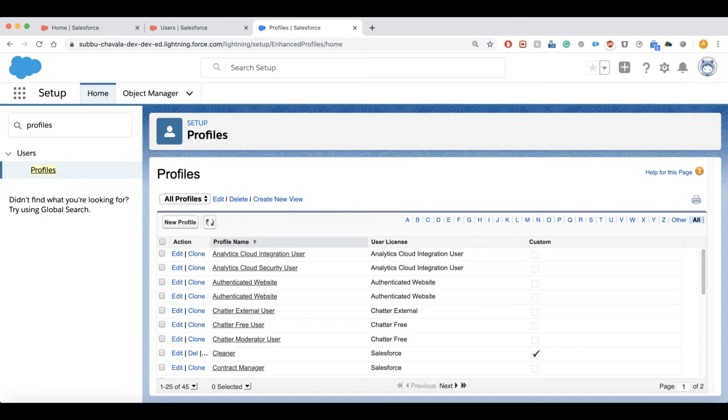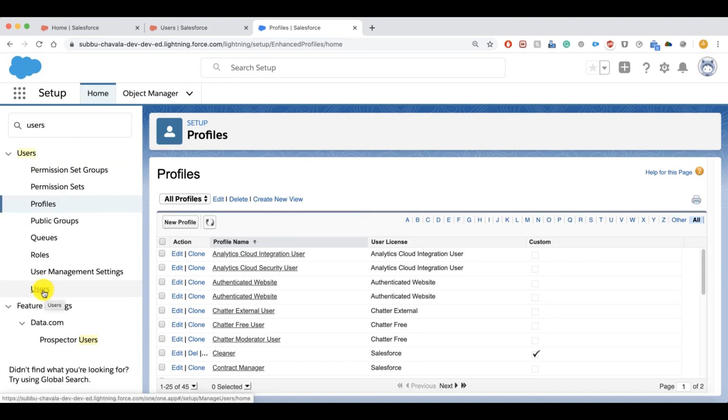Basically, what happens when we create a user, we have to assign a profile. It is compulsory. Whenever you are creating a user, we have to assign a profile, which will determine what data the user can access. And there is one more thing we need to assign to the user, that is the user license. The user license determines what features the user can access. So profiles and user license can control what the user can access. Let me clarify both of these things with you.